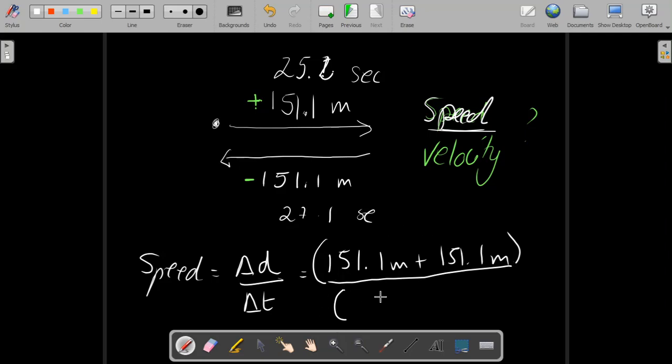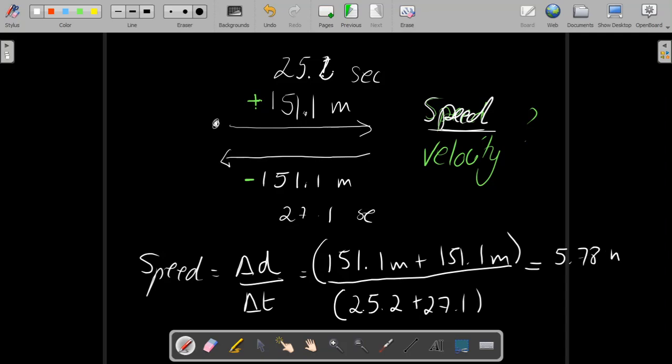Open another parenthesis, and then put the time inside. Total time is 25.2 plus the 27.1 seconds. These are seconds, okay? But you can use parentheses to keep the tops together, the bottoms together, and the calculator will say that the speed for this bicycle is